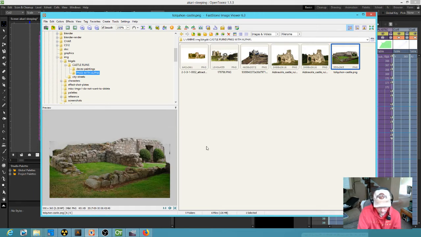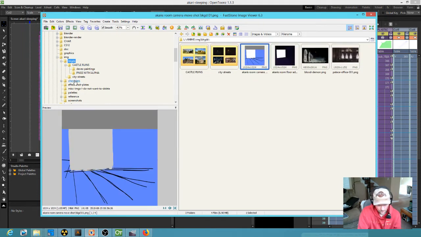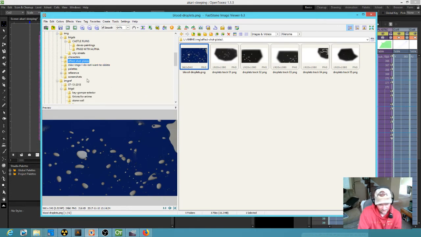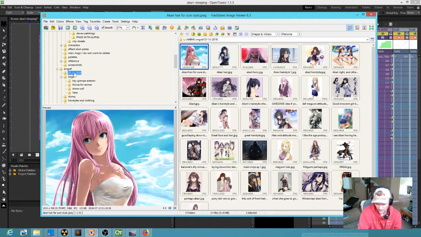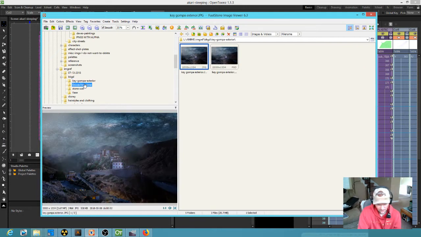However, gosh, with some distortion, that one would work pretty well. So, we got effect shot plates. Yeah, like I said, you can see that there's a bit of organizing that needs to happen here. So this is the Kigompa exterior